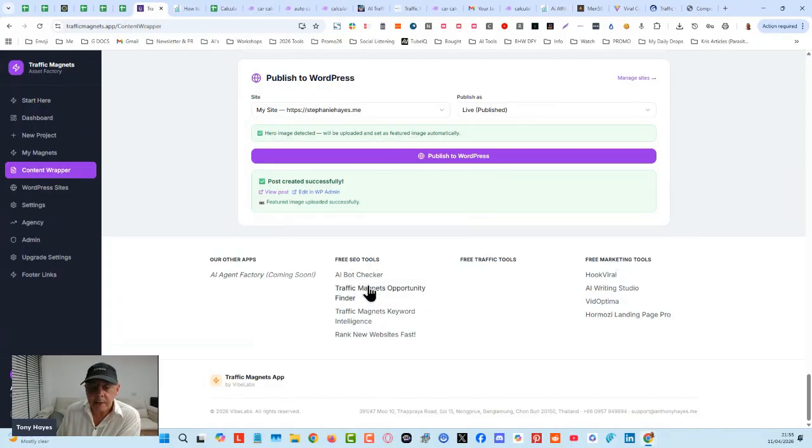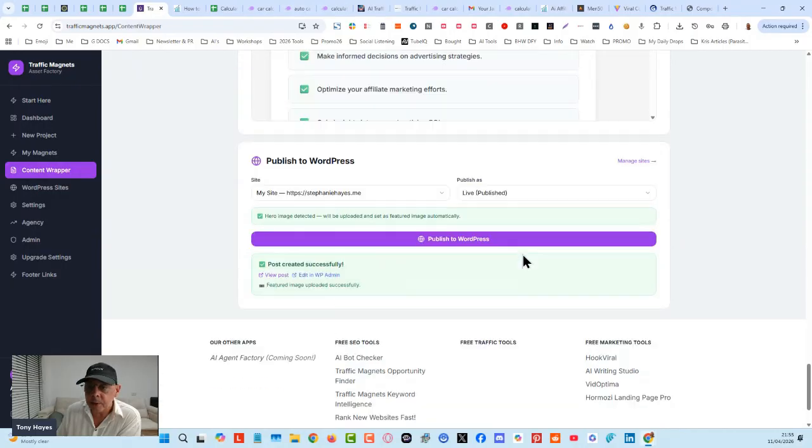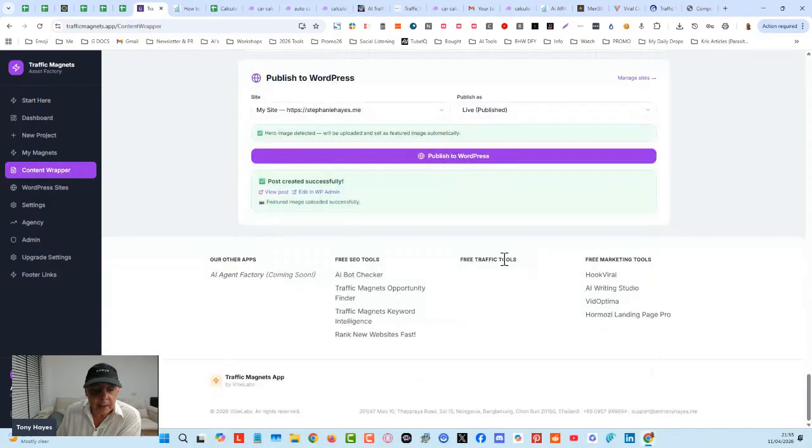We've got these SEO tools that are built specifically to help you with traffic magnets. Okay, the opportunity finder, the keyword intelligence tool that's got all of that database, and plus we've got the AI traffic vault. We've got another traffic tool as well that can give you a 30-day plan or 14-day plan to build traffic. Easy strategies.